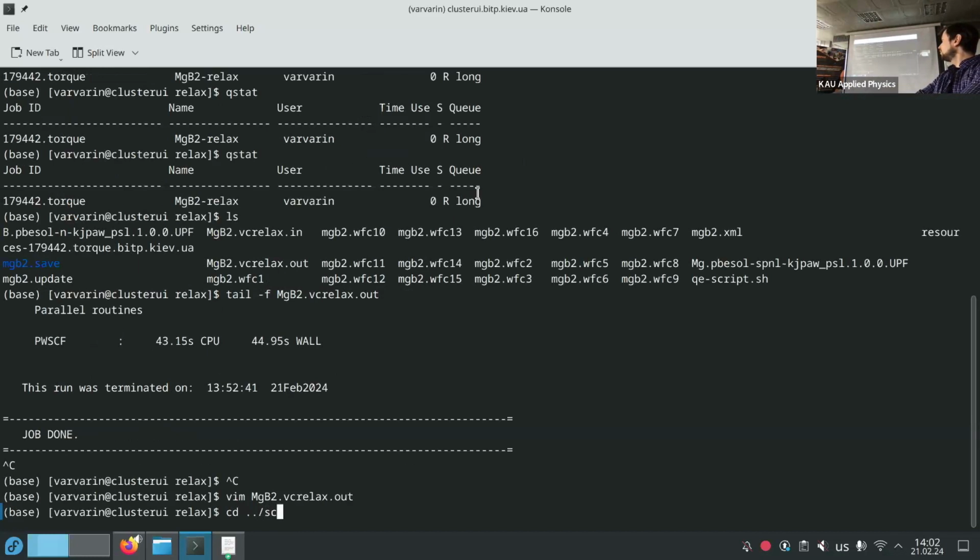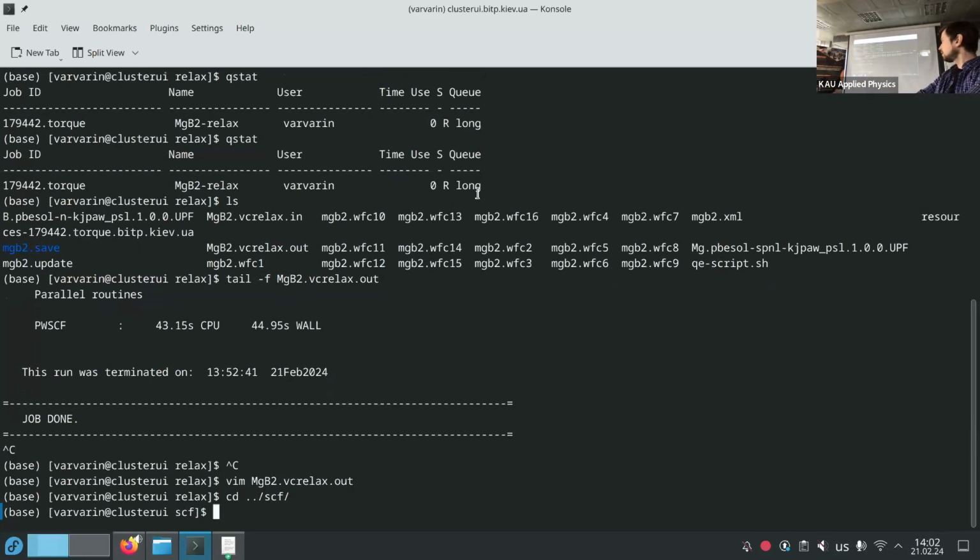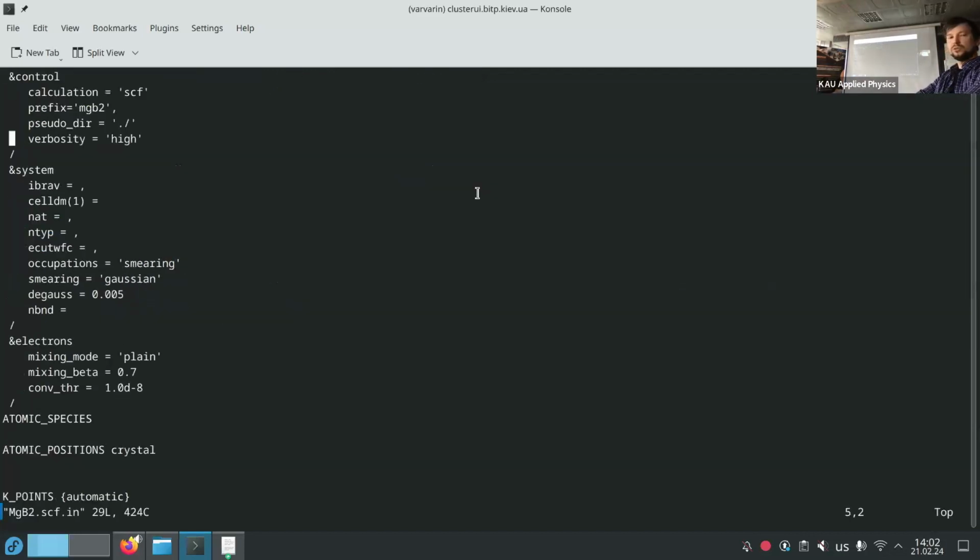Now we are moving on. We made this relaxation, we got the relaxed structure. Now we go to SCF and we should use this new structure to make SCF calculations.